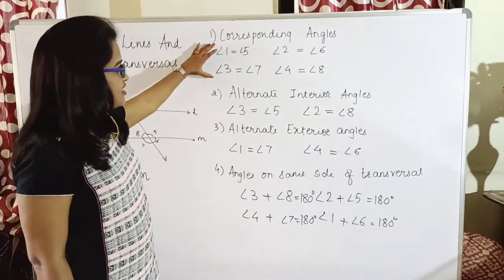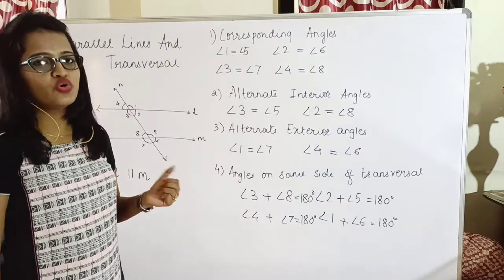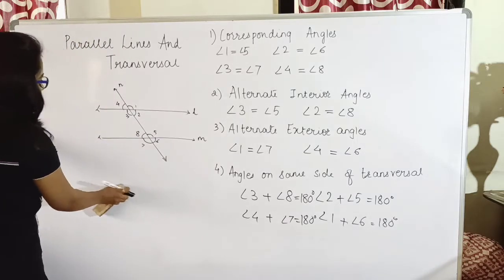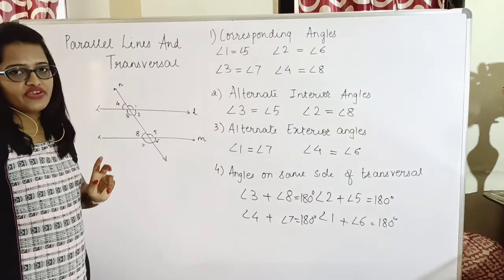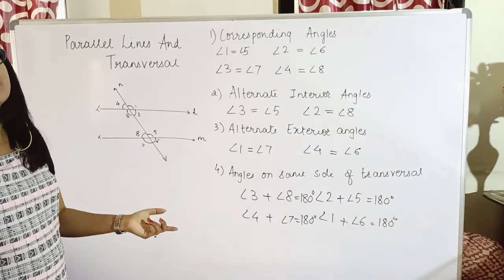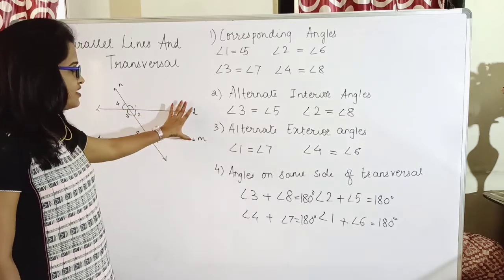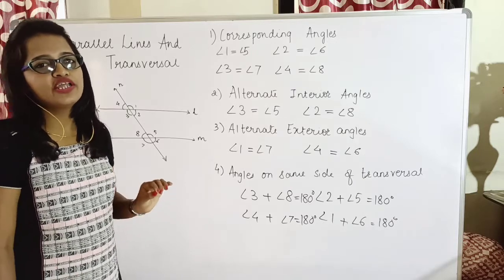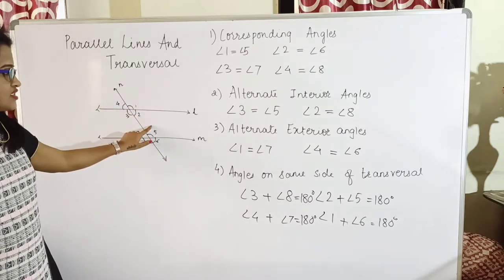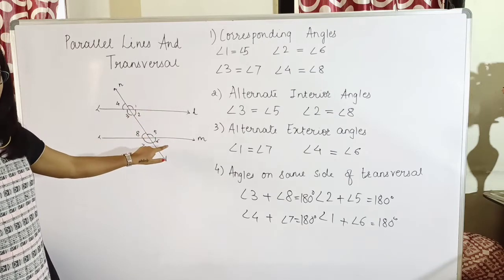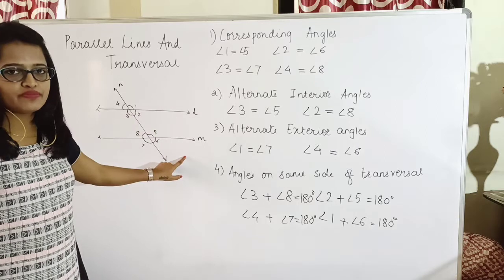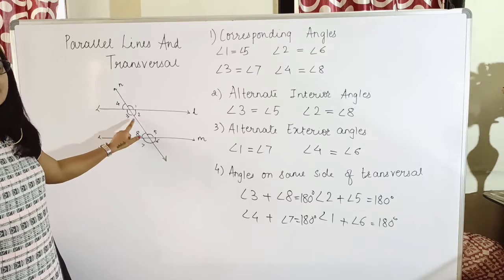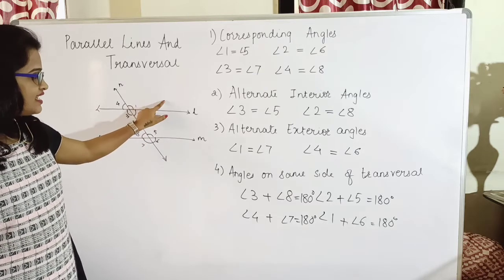But what if the relation is already present and we don't know whether the two lines are parallel or not? For example, suppose the two lines L and M are given and they say that angle 1 is equal to angle 5. Then I can say that if angle 1 and angle 5 are equal, it means L is parallel to M. Why? Because only for parallel lines the corresponding angles are equal. 1 and 5 are the corresponding angles for lines L and M, and since they are equal, it means L is parallel to M. Similarly, if angle 3 and angle 5 are equal, I would say that L is parallel to M.